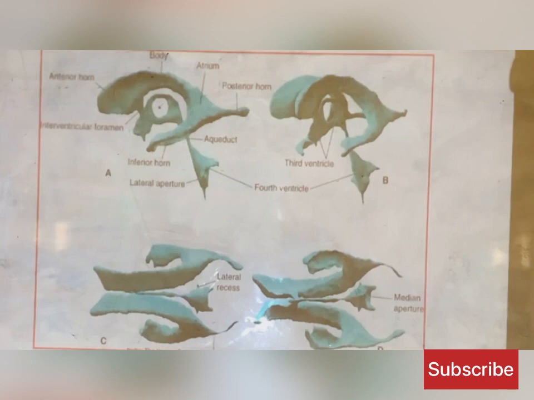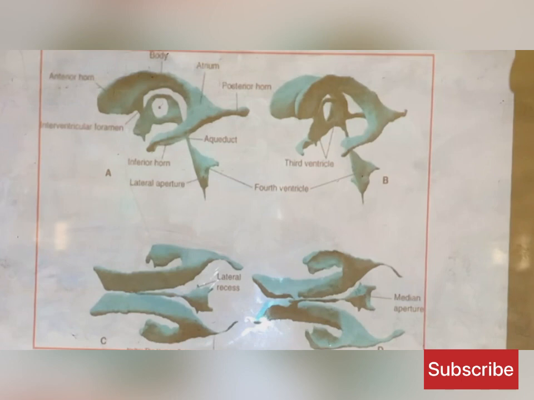So the third ventricle now connects with the lateral ventricle through a connection known as the interventricular foramen of Monro. Are you clear? So this is what we call the interventricular foramen of Monro. On either side you have this connection. So you have one lateral ventricle on the left side connecting with the third ventricle, and then another connection of the other lateral ventricle with the third ventricle. So we have 2 interventricular foramina of Monro, one for the left lateral ventricle, the other for the right